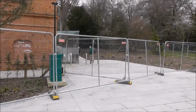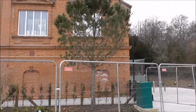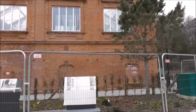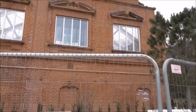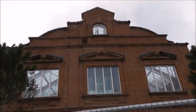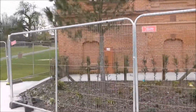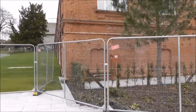Looking good. I was talking to the lads there, and they are horticulturalists and botanists, and they know what they're talking about. And they're only young fellas, and they told me that this place, the refurbishment has cost nearly £4 million, and it's been funded by the lottery, and